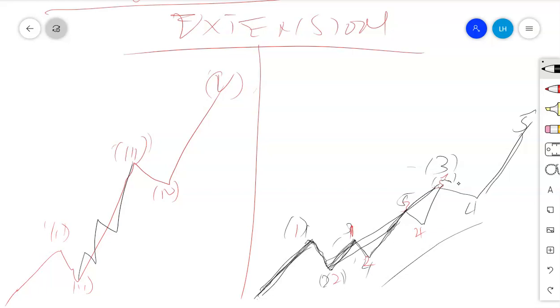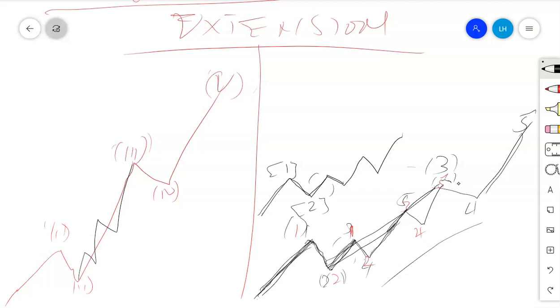But the principle here is, when you make a count 1, 2, 3, 4, you find that the wave that you assigned as the third wave is very short, it means there is an extension there. This will be no longer a third wave. This will be the first wave of an extended third wave. So this will be 1, 2, 1, 2, 3, 4, 5. Do you see? Now you will have this 1 in a higher degree, and then this will be wave number 2 in a higher degree.